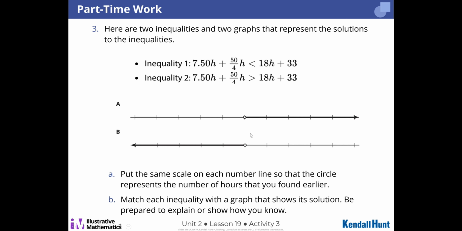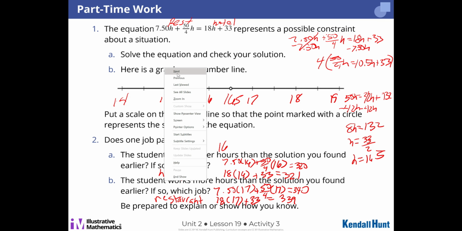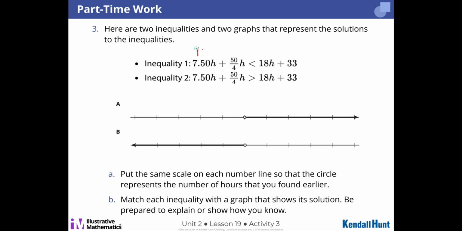Let's keep going. Here are two inequalities and two graphs that represent the solutions to the inequalities. So you have inequality 1, 7.50h plus 50 over 4h. Remember, this is the equation. If we remember from the last one, we already defined it. That was the restaurant situation. And this is the hotel situation. So remember, the general solution was